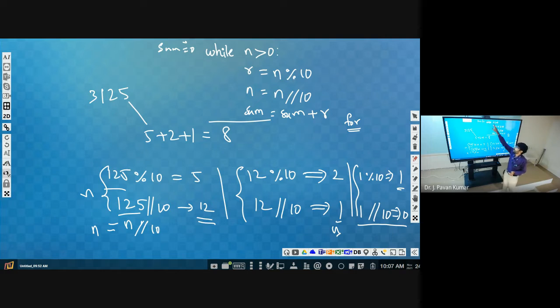So until this particular event occurs, what is the event here? Until n becomes 0, it will be repeated. Whenever n becomes 0, that is the event occurred, then it will stop. Understand? That's why it is called an event controlled loop. Now I hope you understand when we have to use the for loop and when we have to use the while loop. So after completing this loop, we have to print sum. That's it. Print sum, and we have to align it with this while, because after completing this while only, we have to print sum. Right? For everyone, is it clear? This logic, shall I repeat once?